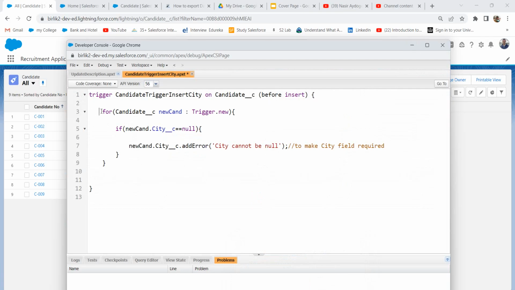Now I just want to comment it out. By default, if you create a trigger, it is active. So there are two ways. If you do it like this, then there is no logic here, so it will not do anything. The other way, you can go to